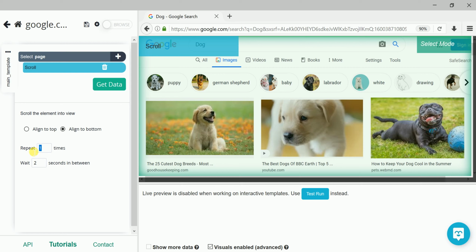The more scrolls you set, the more time it takes to give you the image URLs. So as of now I am entering to scroll, align to bottom side scrolling. I don't want much. Okay, so once this is done, I need to select here,